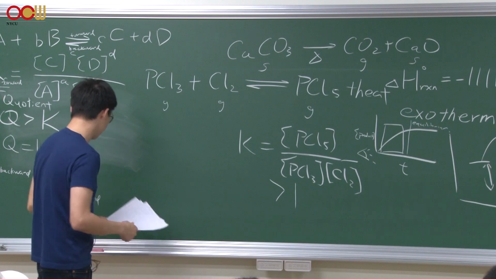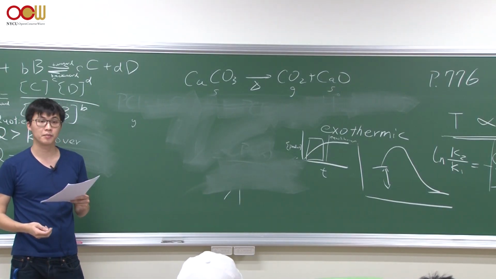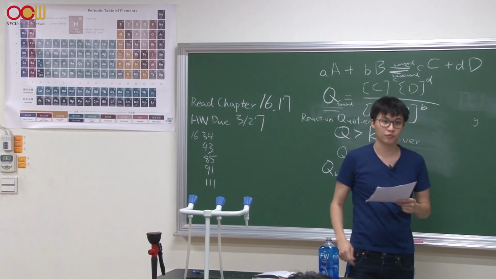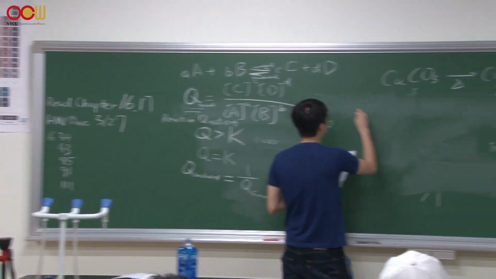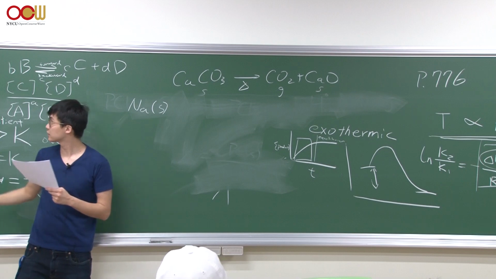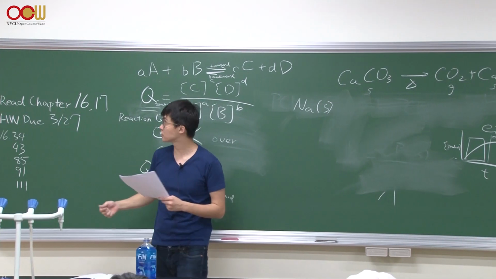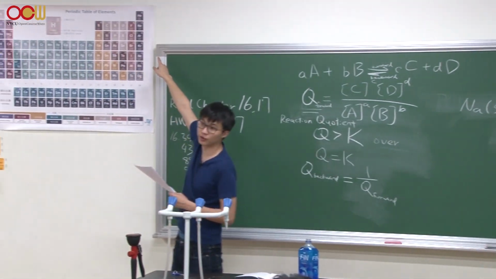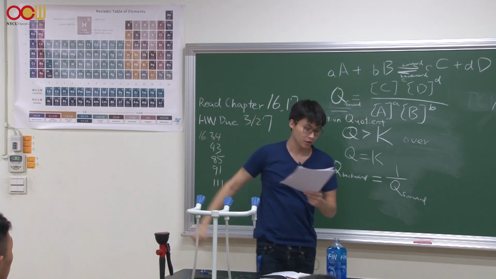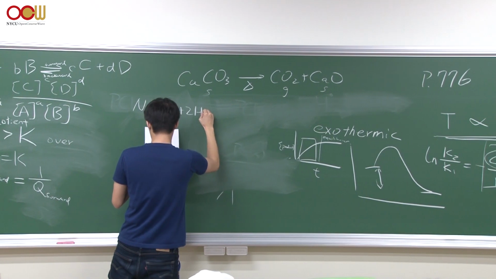Hopefully you still remember. Okay, so from reading, we know sodium is a very reactive metal, right? So is potassium and everything in that column. When you put that into water, it reacts violently. And then if you guys read chapter 16, you would know why, right? It's because it wants to lose an electron so badly so it can get to an optimal electronic configuration, okay? So if we react sodium with water,